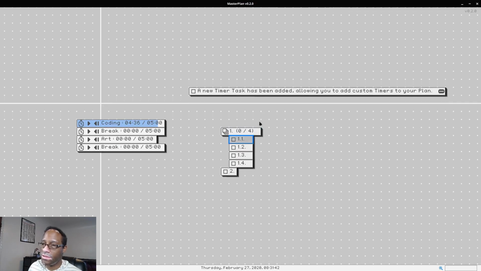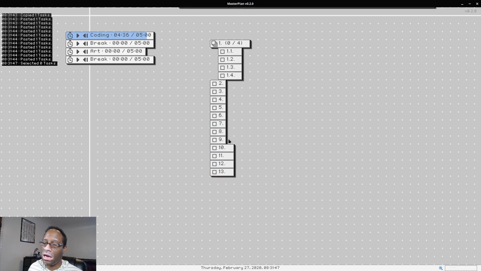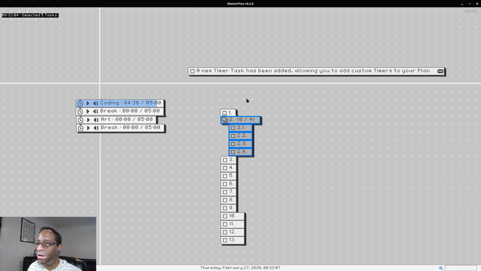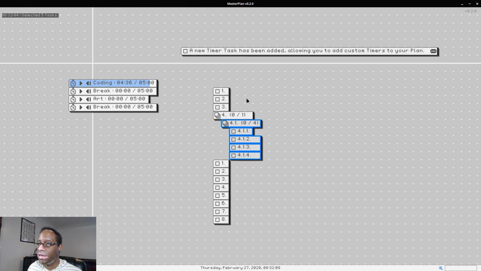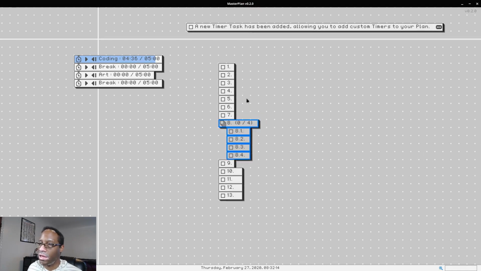And when you move tasks, they no longer adjust to the indentation of the task they're moving into, because I found it to be a little awkward because they didn't always move consistently. Moving up would move it into the above task's indentation, moving it down would kind of keep the above task's indentation. So it wasn't really quite consistent. It didn't feel right. So I feel like this is better in that now tasks just keep the indentation that you have. That way you can better arrange how you want tasks to be arranged.